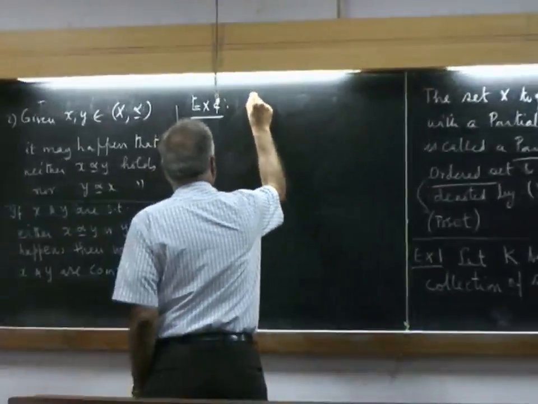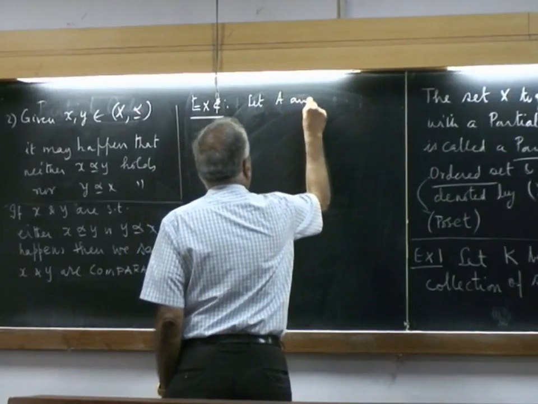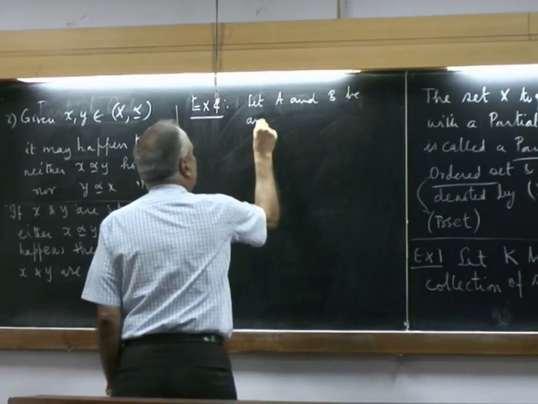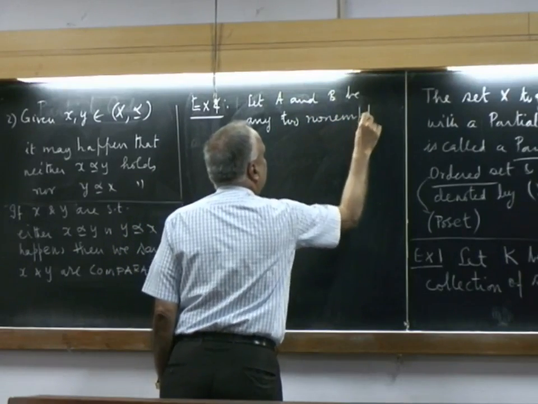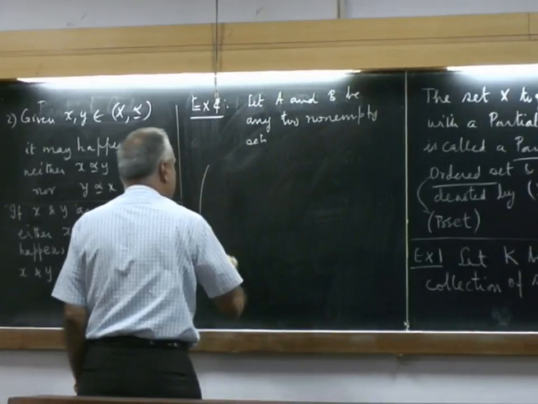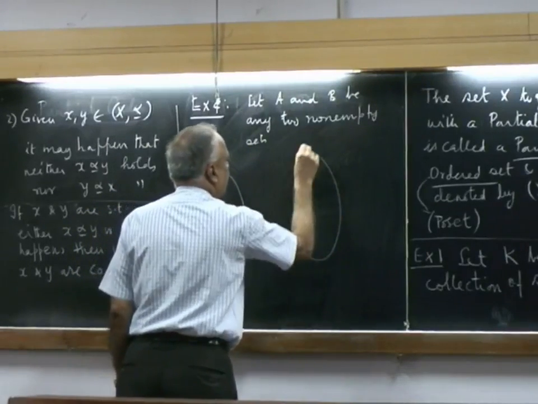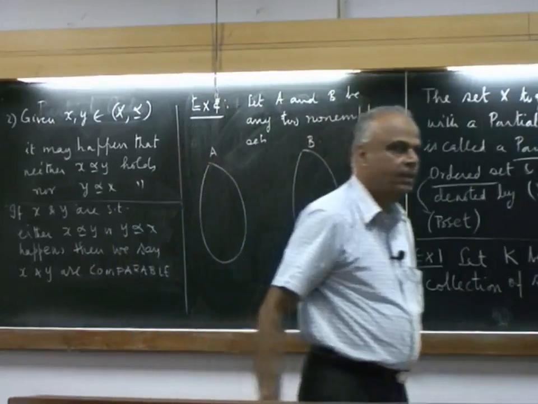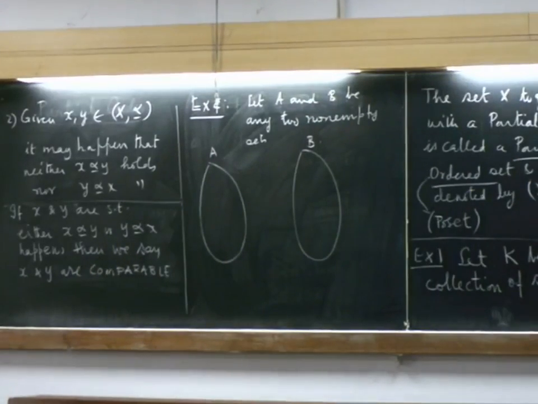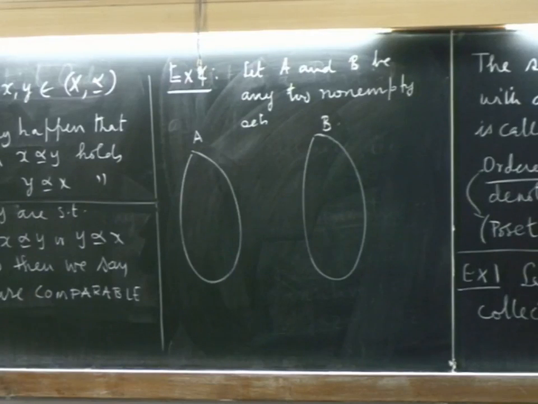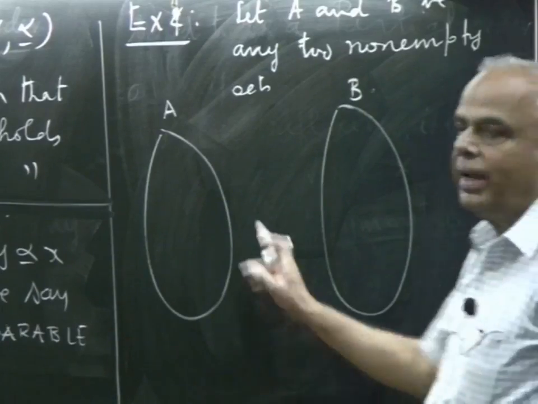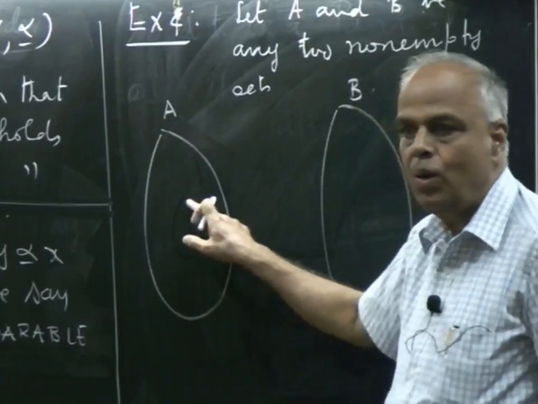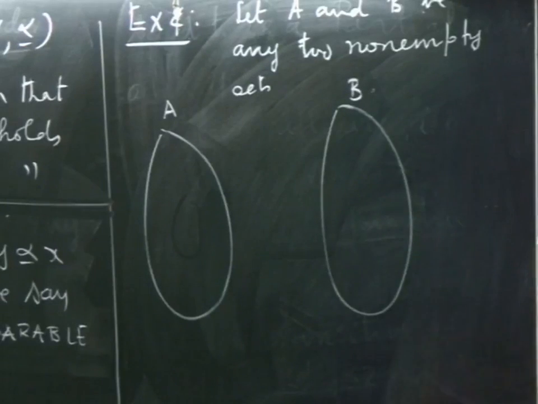Consider two sets, A and B, any two non-empty sets. So, I have A here, I have B there. Consider two sets A and B. Now I am going to look at all functions, but the function that I am going to consider may not be defined on all of A, but only on a part of A, but it will always end up in B. So, we look at